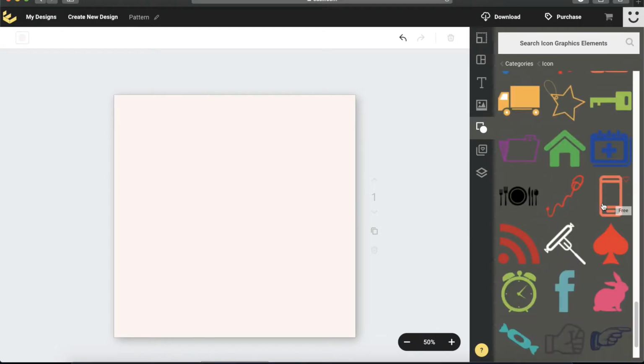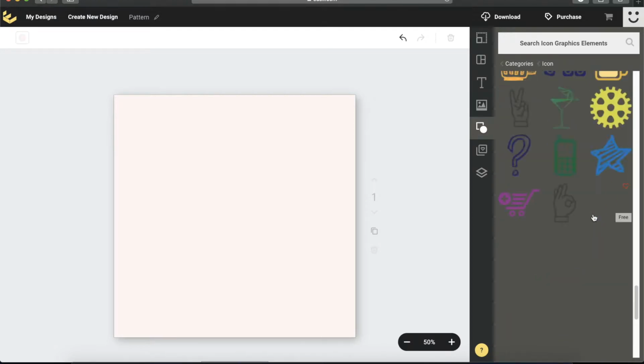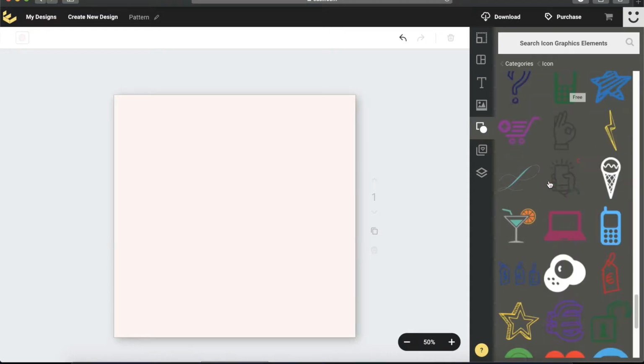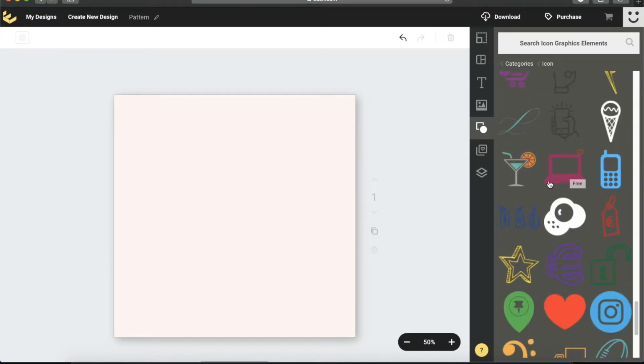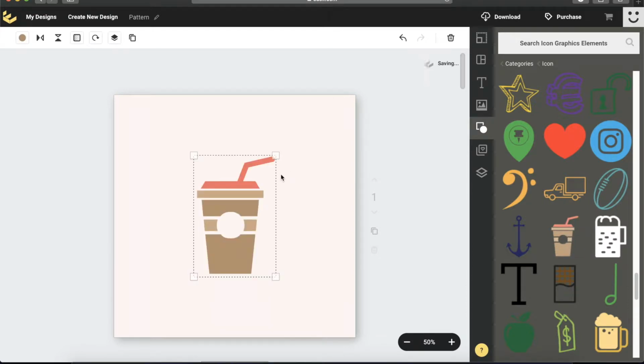I think I'm not feeling anything so far, so I'm actually kind of leaning towards the beer because it looks attractive, but not right now. Okay, maybe the ice cream, but let's, if I cannot find any. Oh, this one is nice. Okay, I like this. So there, we picked a coffee